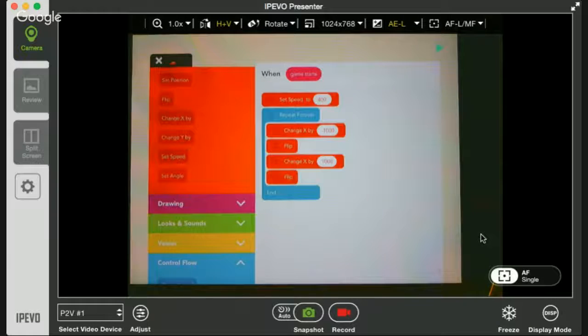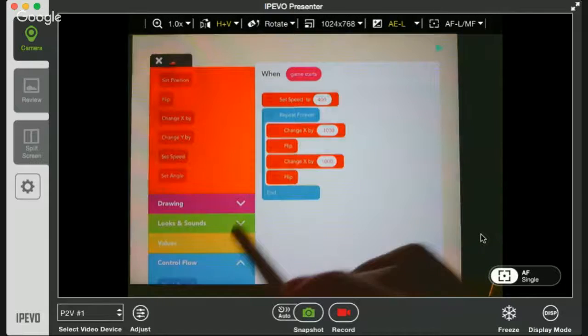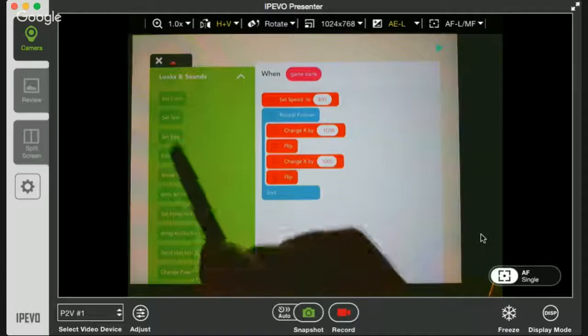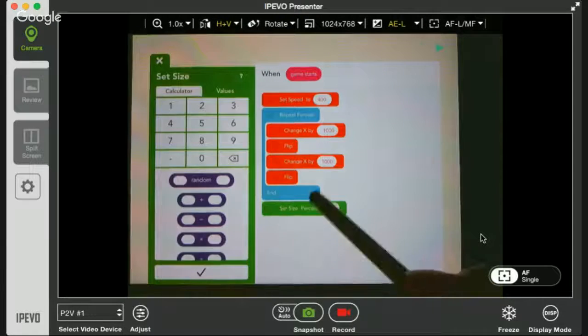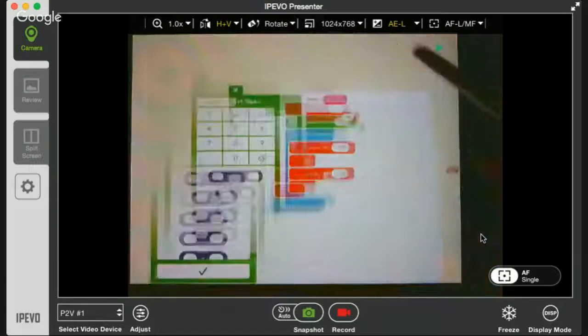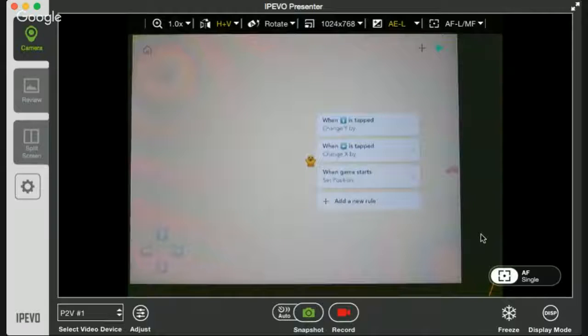So now that my car is doing okay, and actually let me change the size of that too because it's a little bit small. Set size. So I'll do 150% again. So I'm gonna go back to my chicken, and now I can add a new rule that says